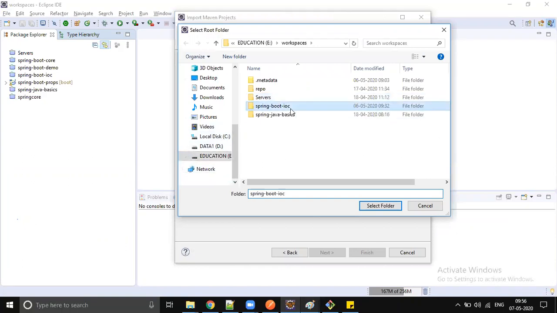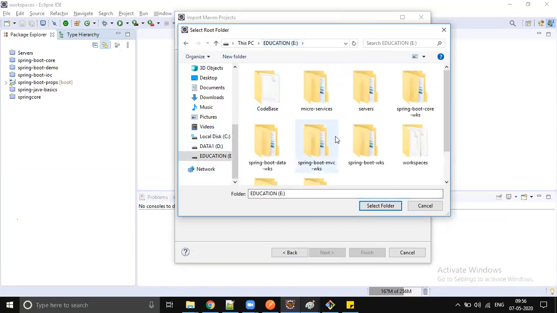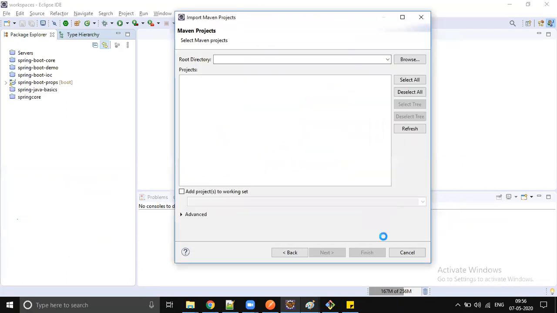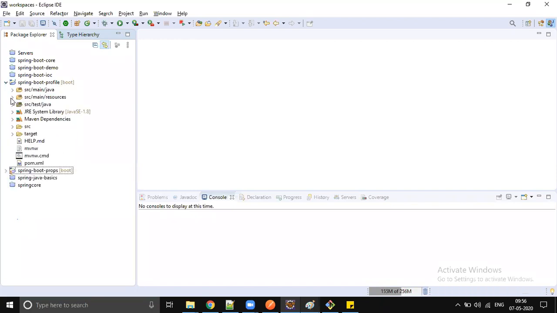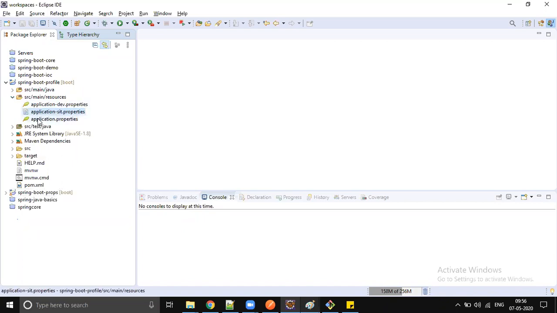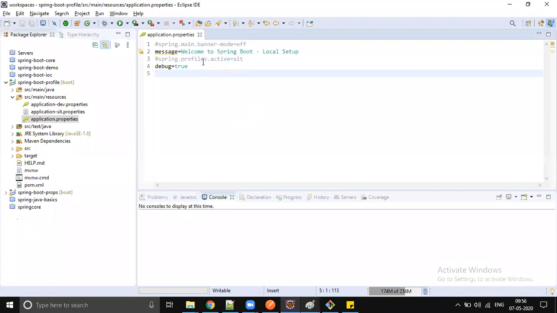That's by using profiles, right? So I already wrote some example. Let me load that. Workspaces, Spring Boot core workspace, profiles. It's a simple example. By looking at that example, you can understand very clearly because we already completed properties configuration. So look here very carefully. I'm going to expand src main resources. You see different properties files here: application-dev.properties, application-sit.properties, application.properties. Whenever you are running without any profile configuration, the default profile is going to load application.properties.